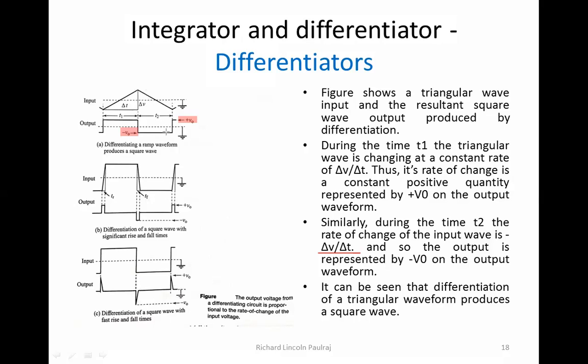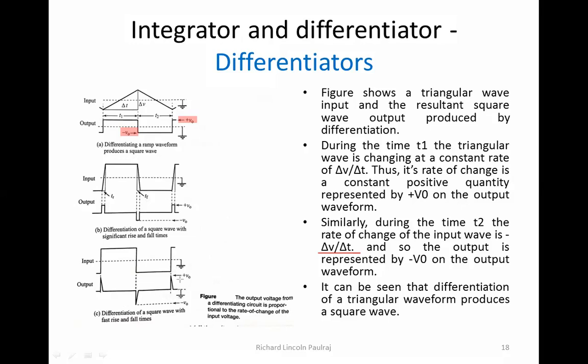And if I have a rise and fall time, then of course this is also going to be in the form of pulse, but then there is going to be small spikes. And if I'm going to give a square waveform, then I'm going to get a spike kind of waveform. So which means this is also a kind of pulse, but then you can see here that there are